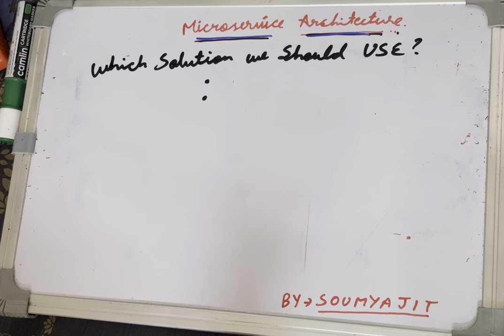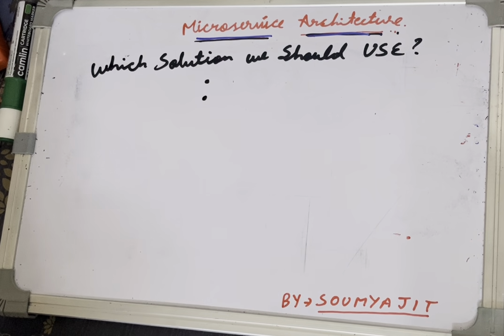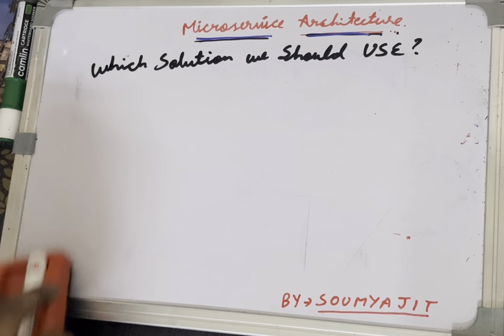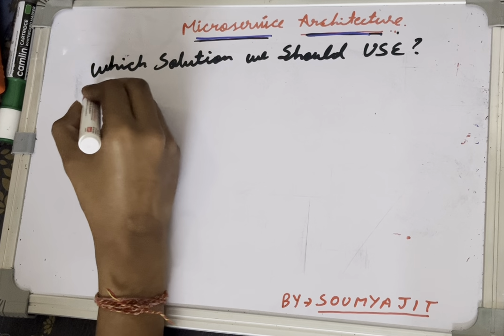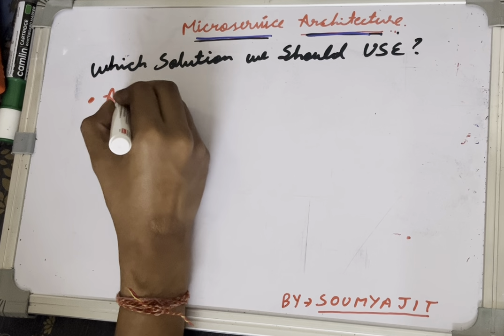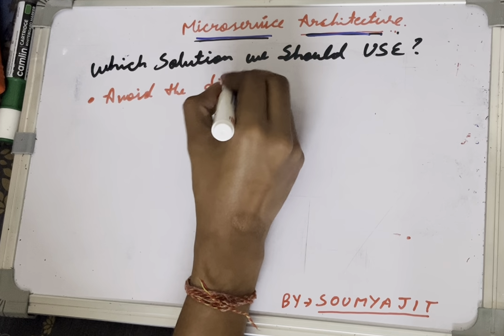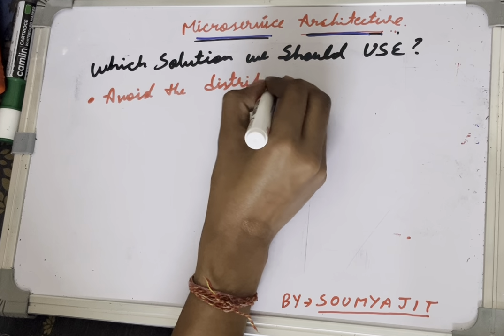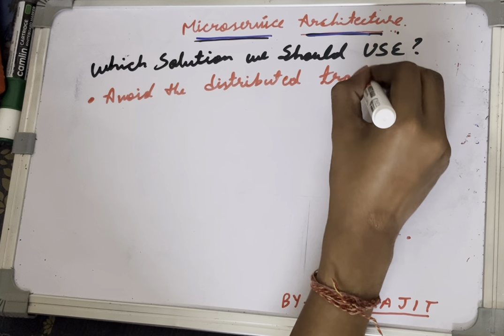So why do we use these two? What is the best solution among these two, and when is it used, right? From my end, avoid distributed transactions